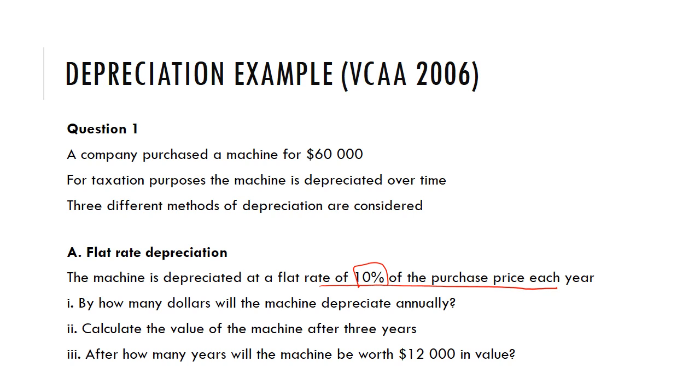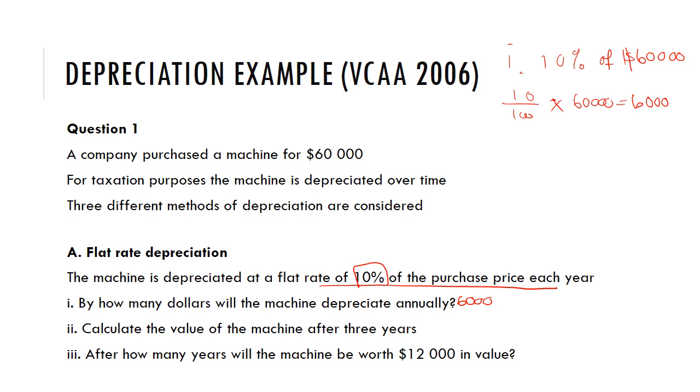So the first thing that we need to work out for part 1 is how many dollars will the machine depreciate annually. So that's asking us to find that value of D. So in this case, for part 1, what we're wanting to find is 10% of our purchase price, and our purchase price was $60,000. And so to work that out, we're doing 10 over 100 times 60,000. And some of us are better working with percentages than others. We can either see that that's 0.1 times 60,000, or we need to do the 10 over 100. But when we calculate that, we end up with our depreciation value is $6,000. So our answer for part 1,